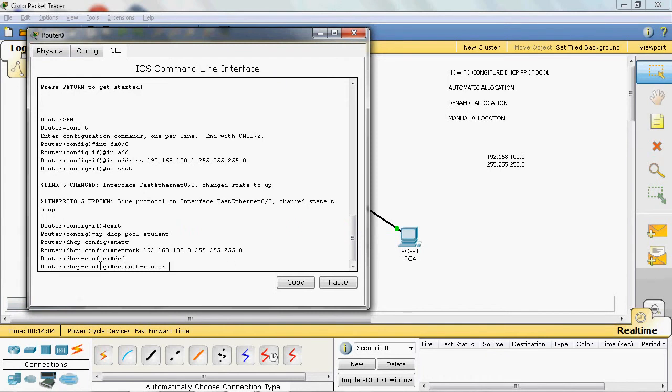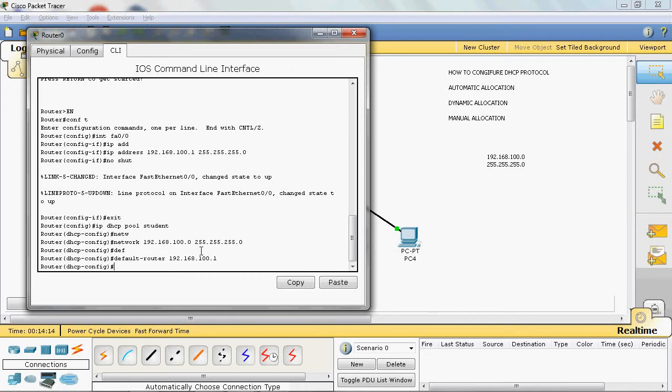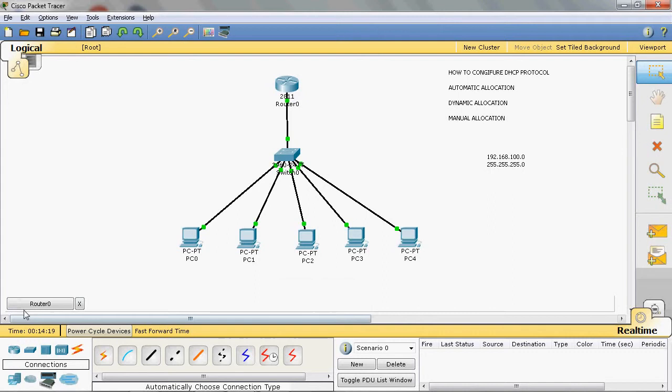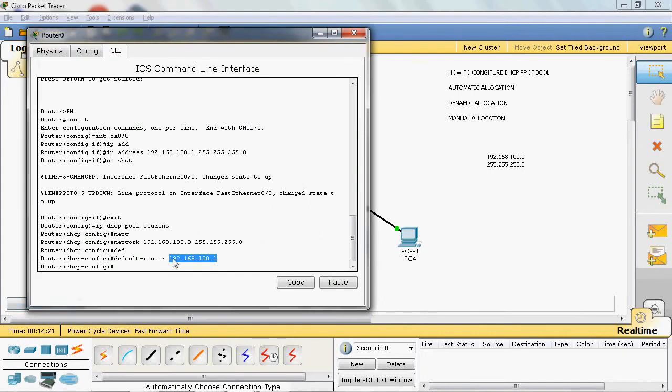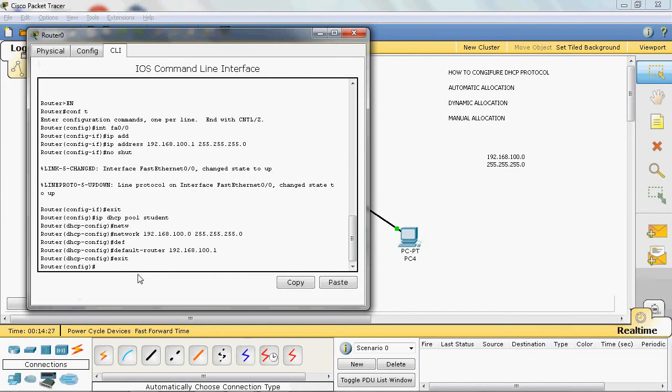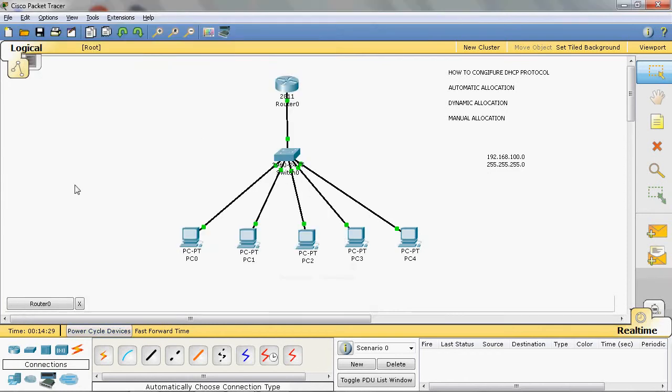It indicates the default gateway of this network. 192.168.100.1, because this default gateway address I have given to that interface, so here I will give default-router 192.168.100.1, then exit. Okay, now we have configured DHCP protocol on router 0.